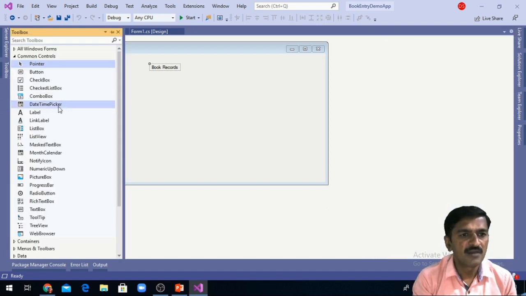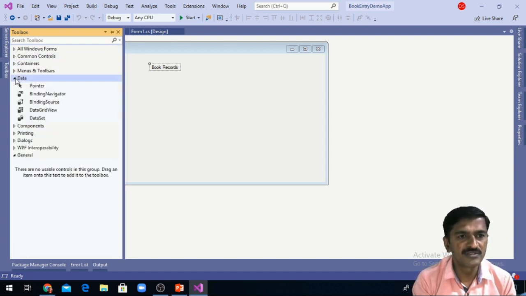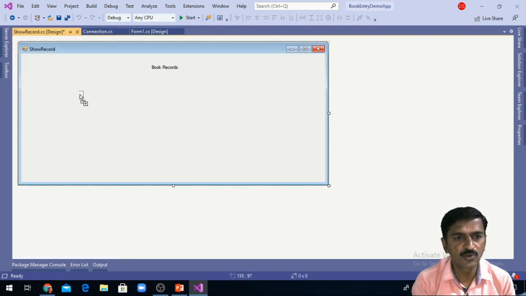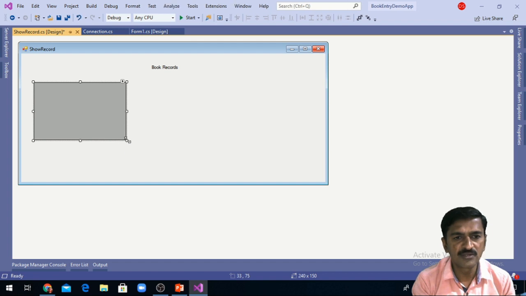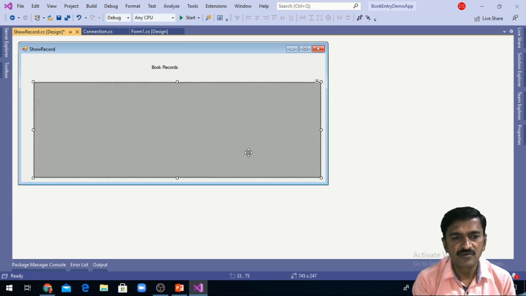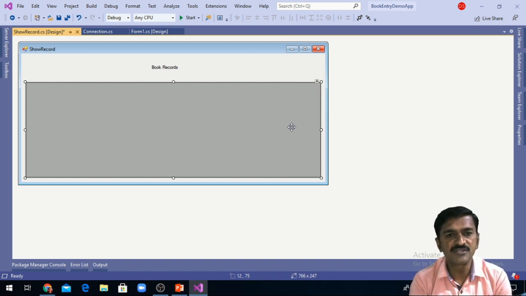Then I design one DataGridView control: I move to the Data tab, and inside it there is a DataGridView control, so I place it here. On this control I want to show all the book records which are there in the MS Access database. So we can start writing code for this.